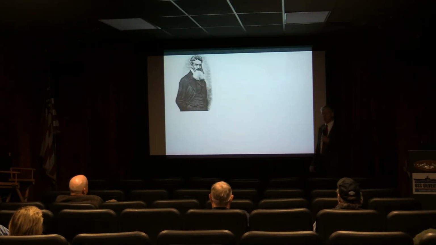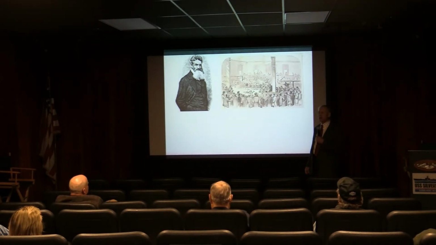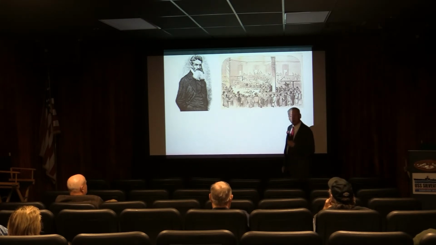And Brown is put on trial. They said, Mr. Brown, what could you possibly have been thinking? There were only 22 of you. You knew the federal government would not stand for it. What were you thinking? And he said, well, my thought was I'd capture as many rifles as I could, give them out to the slaves, and let them kill as many white people as they could. Okay. This didn't sit well with the South.